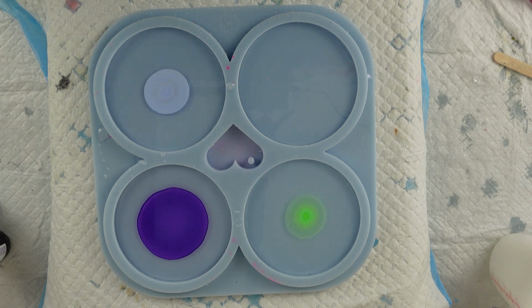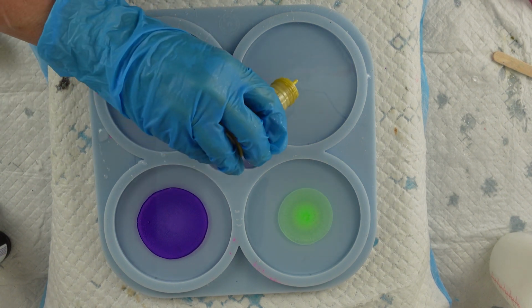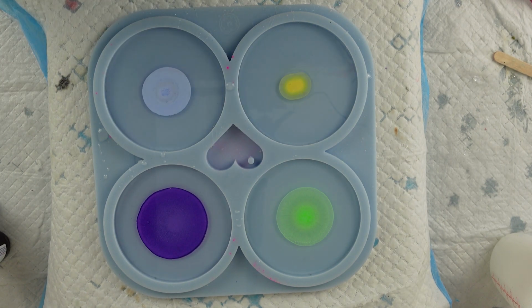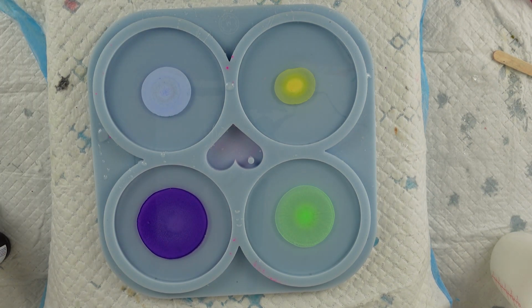So I'm just going to add the last alcohol ink, which is the Pina Colada, and it's in the old style bottle. So I'll probably struggle to get the lid off, oh no, it's come off quite easily. I usually struggle to get the lids off these. 3, 4 drops. Right, okay, so we've got the alcohol ink in each of the coaster molds, and then I'm